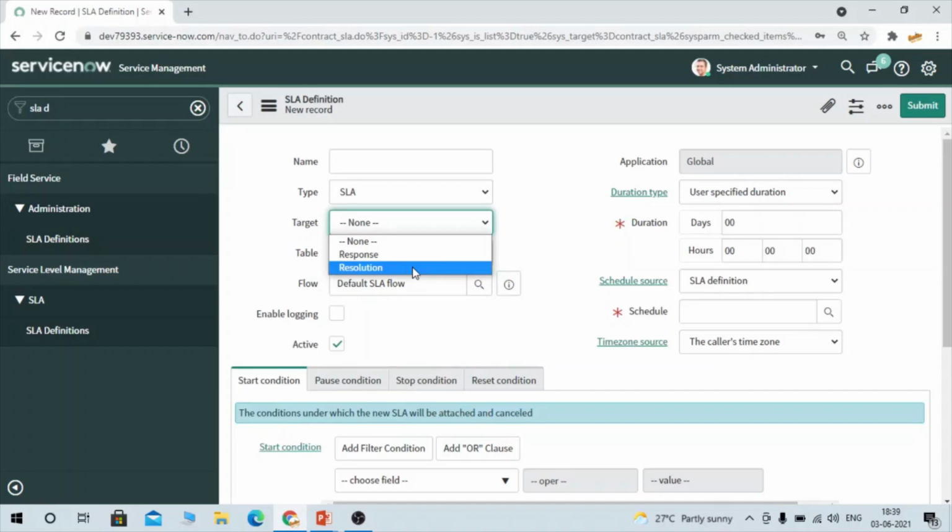For example, you have created an incident, and once you have started working on it, you have to forward that communication to the user that we have started working on it, and your state will be changed to work in progress, or maybe that ticket will be assigned to some group or user who will be responsible for that requirement. So for responding back to that incident, we create a response SLA.